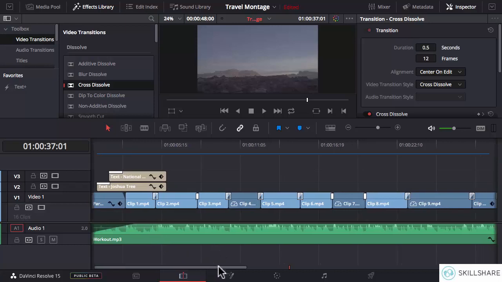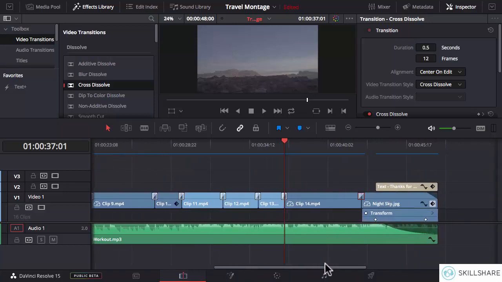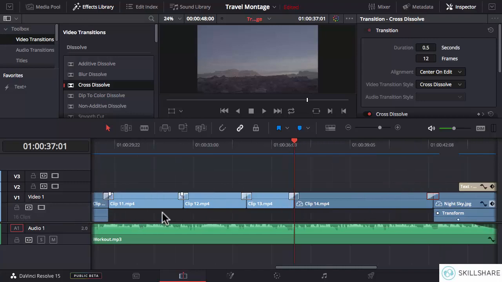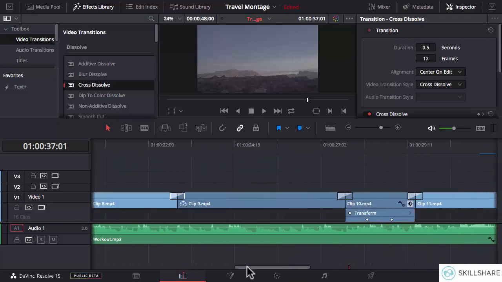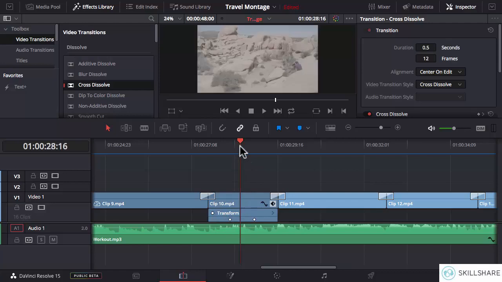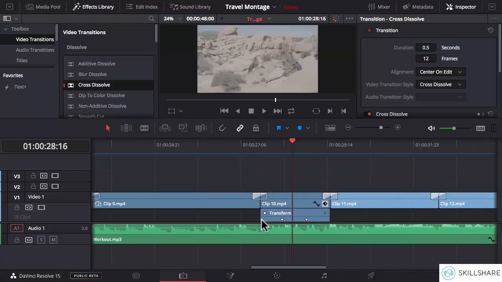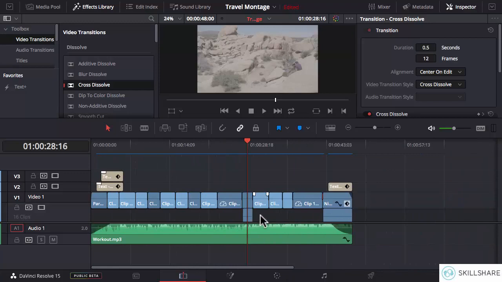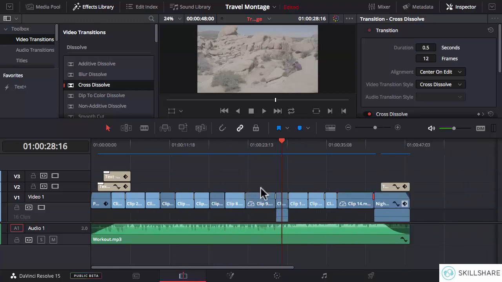Similarly, whenever there are some keyframes applied to a clip, you will see this kind of diamond icon, and if you click that, you can further look at the details of this clip. If you zoom in, you can look at where exactly the keyframes are being applied and what kind of keyframe. So this is a transform keyframe. That means there was some zooming in happening. So that is how you can tell by looking at the timeline to see what kind of effects have been